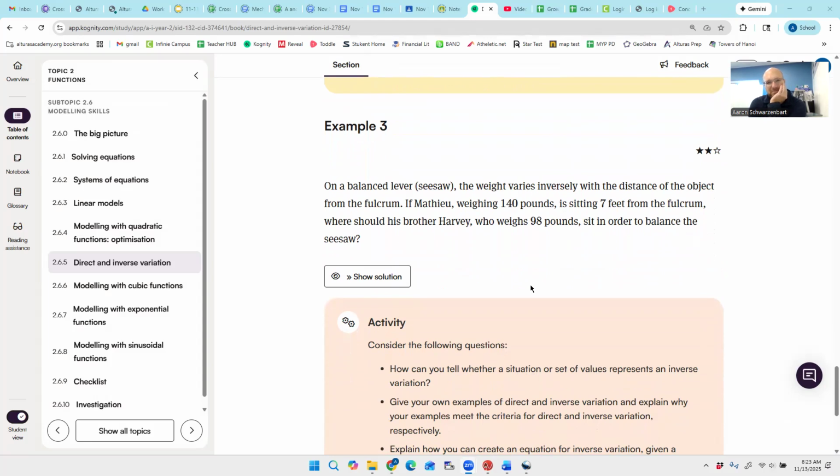Okay, so on a balanced seesaw, the weight varies inversely with the distance of the object from the fulcrum. So one of the keys is always writing these out. Weight varies inversely with distance. Weight equals K over D. If Matthew weighing 140 pounds is sitting 7 feet from the fulcrum,